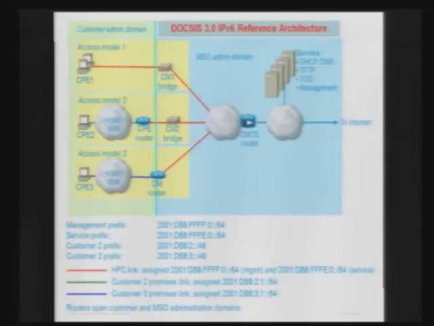And in access model 3 as well, you have a home router. The difference is the home router is embedded in the cable modem itself. Instead of having two different devices sitting at the customer premises side, there's a single device performing the cable modem functionality, logging on to the provider's network and gaining access, as well as acting as a modem router for the local network. And the management prefix, what you see here, is the prefix used for assigning IP addresses to